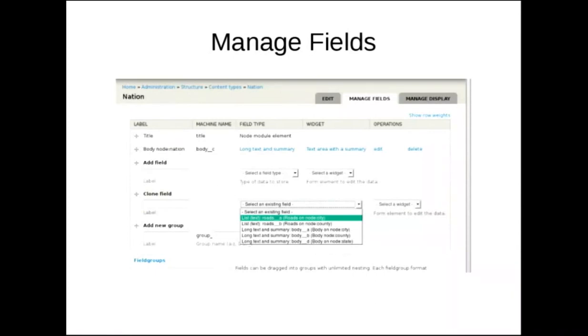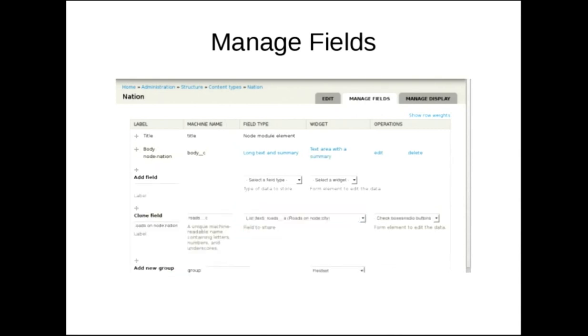And so now we're on the nation guy and we go add existing, and I've changed that to say clone the field, because now you pick one, and it makes a difference which one you get, because you're going to get the settings that were on there. You may want to change them later, but maybe you pick the best starting point for you. I guess I highlighted roads A, which is on the city guy. So then we come in here, so I change this